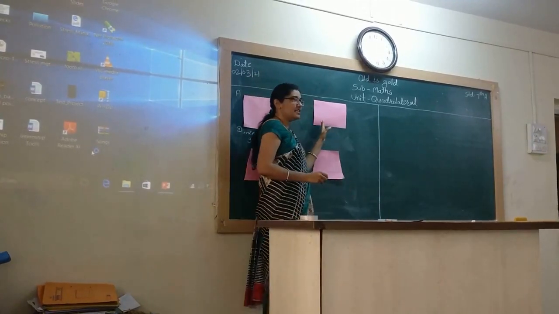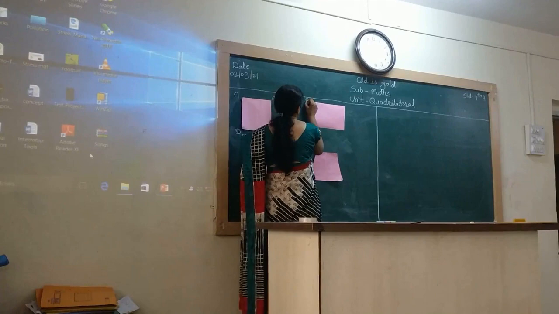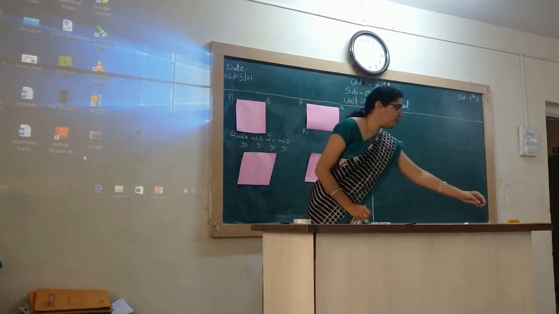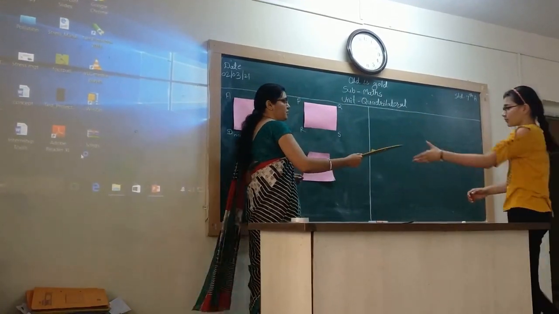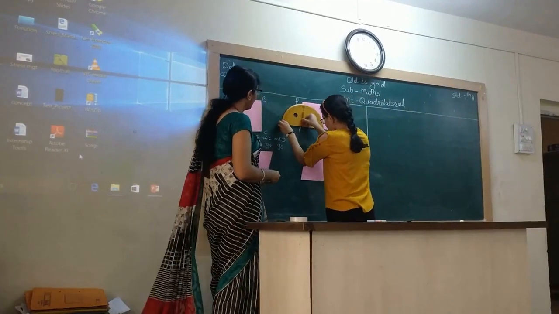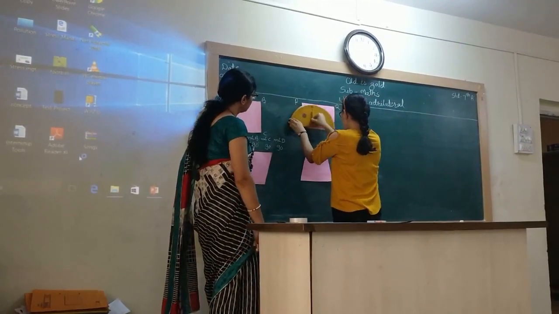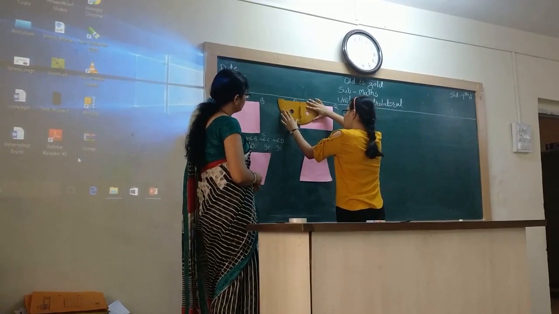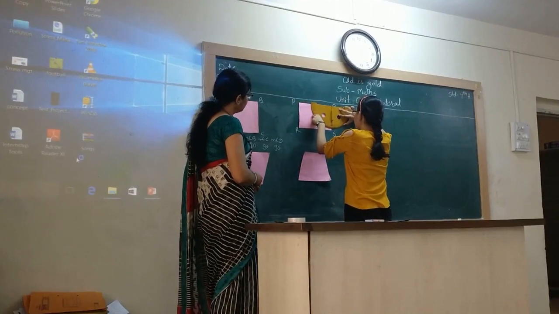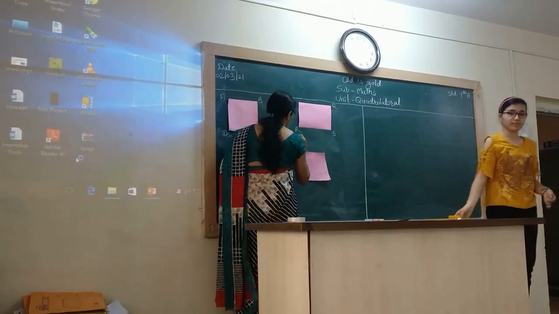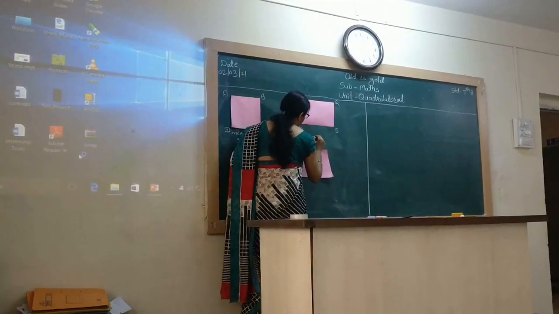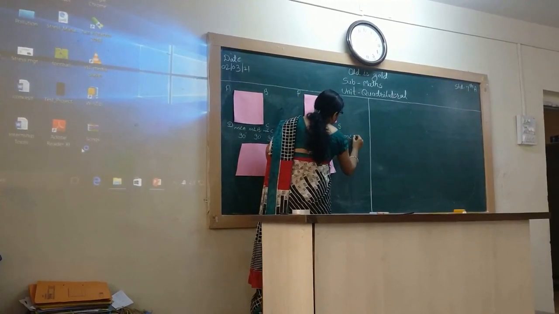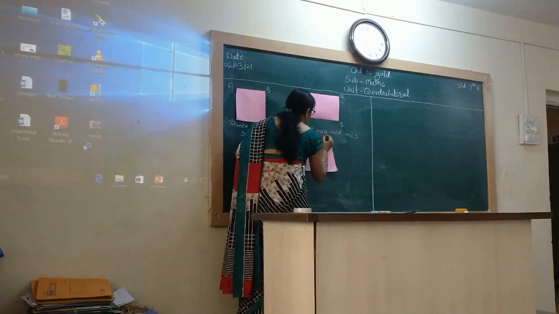Okay. Now this is the rectangle. Suppose this is the rectangle P, Q, R, S. Again, you have to measure all the angles with this protractor. R is 90 degrees. S is 90 degrees. P is 90 degrees and Q is 90. Okay, very good. So the measure of angle P, measure of angle Q, measure of angle R, and measure of angle S, all are 90 degrees here.